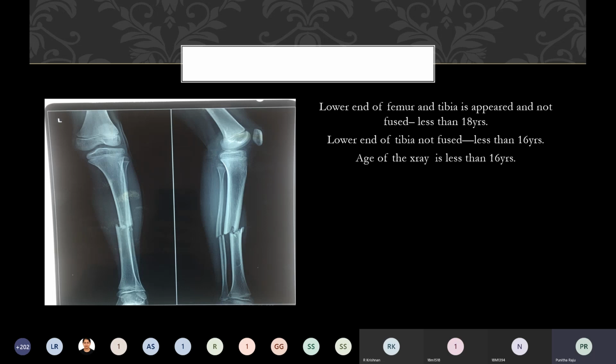Whenever an X-ray is given, you should be very careful. See whichever joint is visible, because each joint will fuse at a different age. There might be only 1 to 2 years difference, but even that is very important, since you know the medico-legal importance of age 16 years and 18 years. Once you tell it is more than 18, the person will be a major, and if he commits any crime, he will be liable for punishment. Once you tell he is less than 16, he will not be responsible for the criminal act. So even 1 or 2 years is very important in forensic medicine.